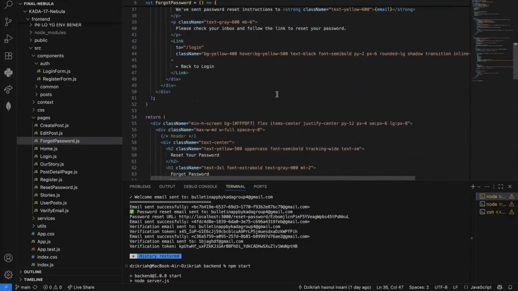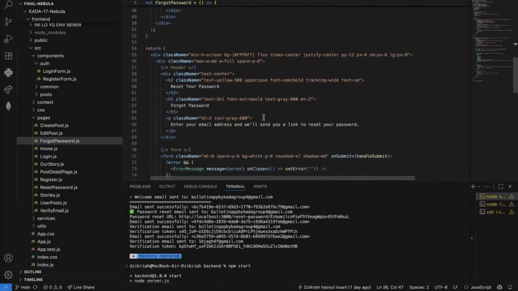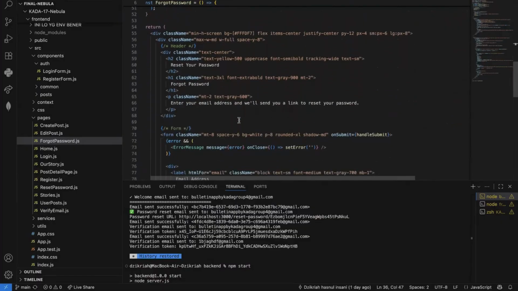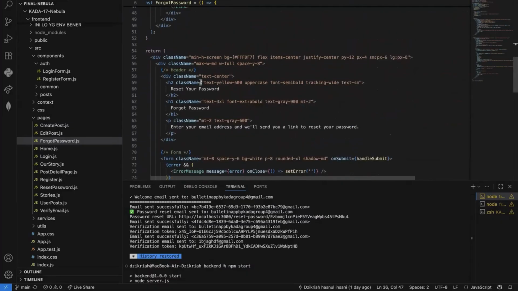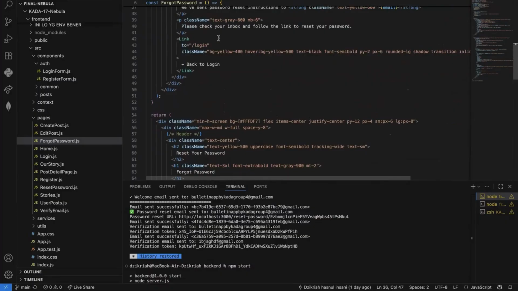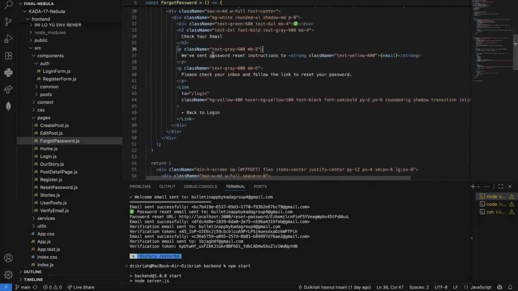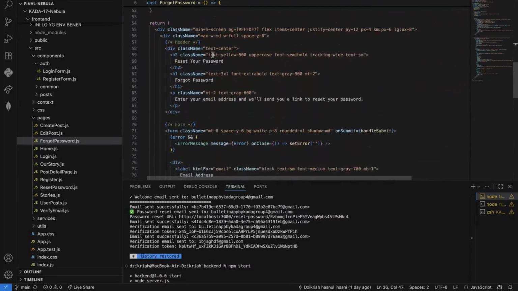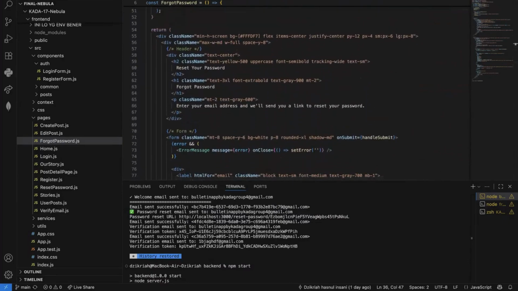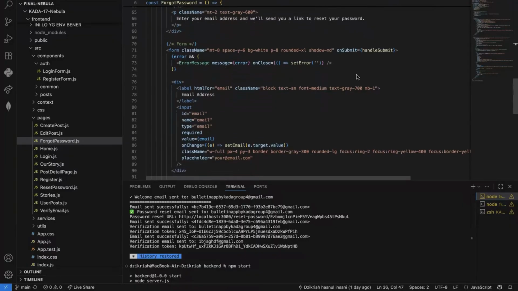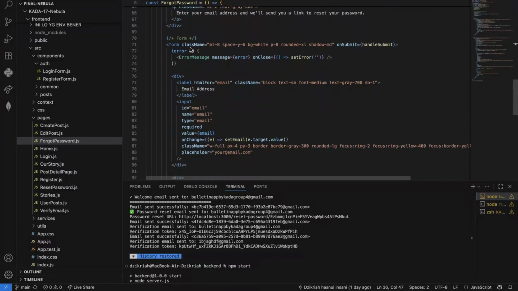But if there is an error, it will capture and display the backend message, like the previous one. Okay, then after that, we have the form layout here. So here on submit, we will call the handleSubmit.